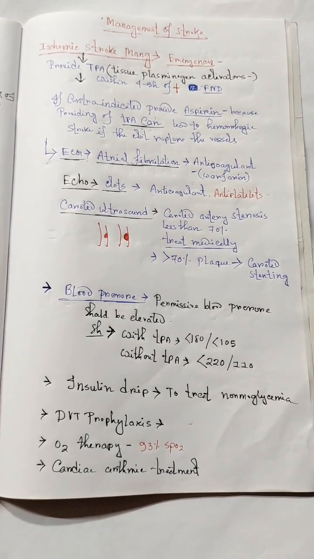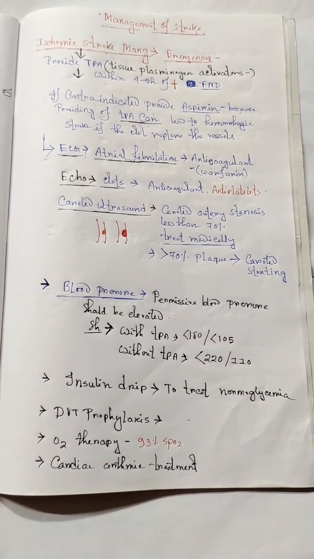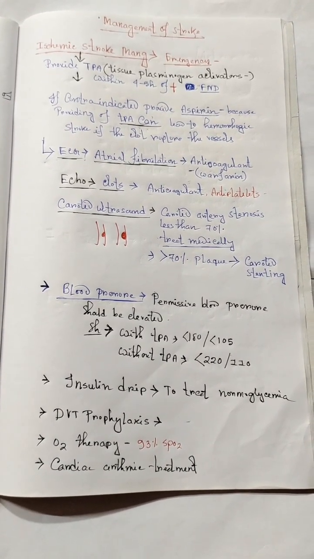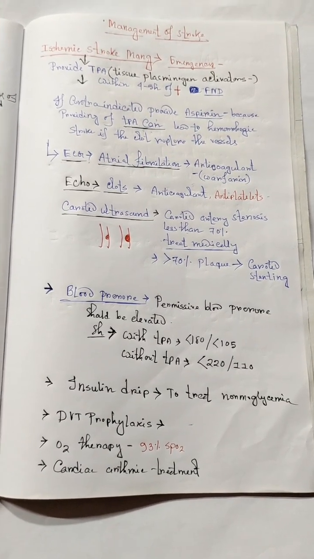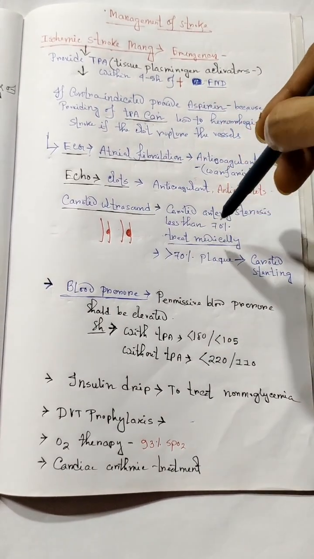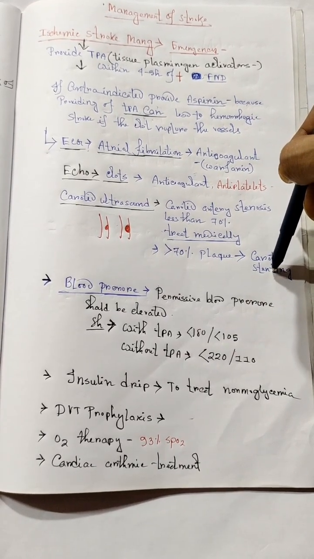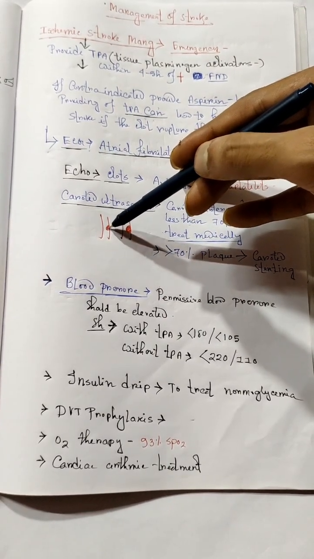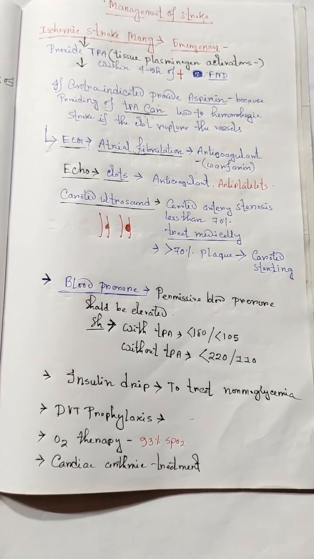Then we will do an echo. When we do the echo, if you find there is a clot, what will we provide? The same, either anticoagulant or antiplatelet agents, right? And when we perform the carotid ultrasound, if we find carotid artery stenosis by plaque formation of more than 70%, we have to perform carotid stenting. And if there is less than 70% stenosis, we can treat the condition through medical management only,